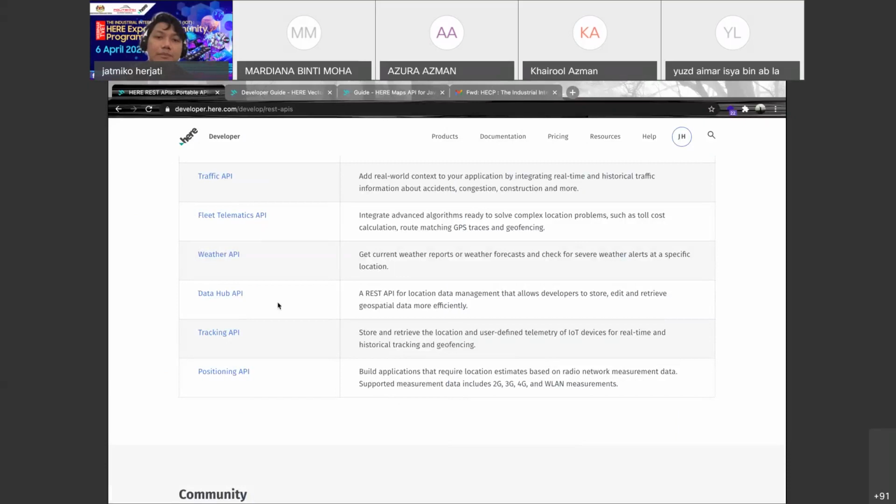I think it is the Data Hub API, because a very similar service is provided in many HERE Maps competitors like ArcGIS or Mapbox. They also have a Data Hub API or similar, with their own terminology. So we can store our data in their server, ArcGIS server or Mapbox server. We can upload a zip file, KML, or many other spatial formats, and then they